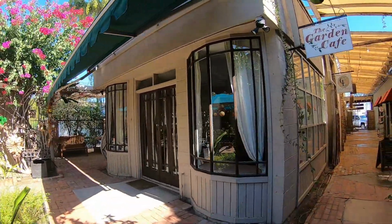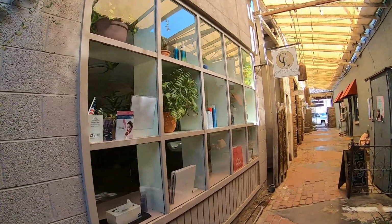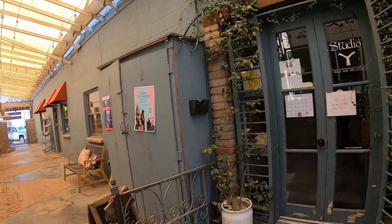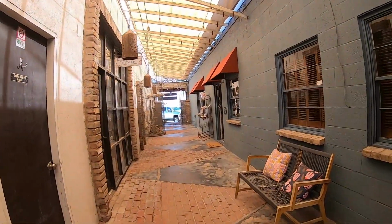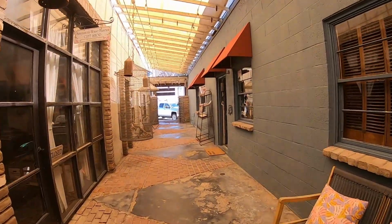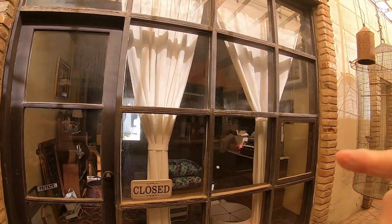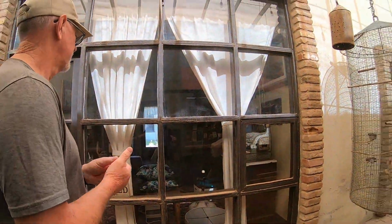This is a beauty shop. Looks like they've kind of closed for lunch. And there's some yoga places here. This will be the part of the museum for the...